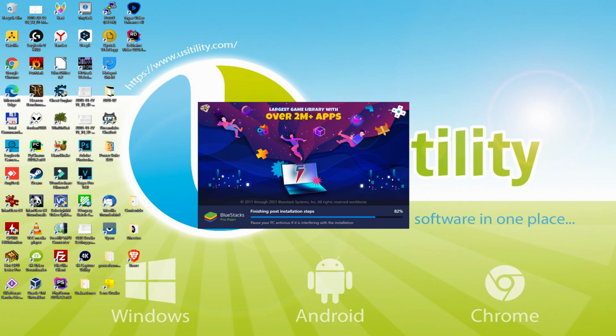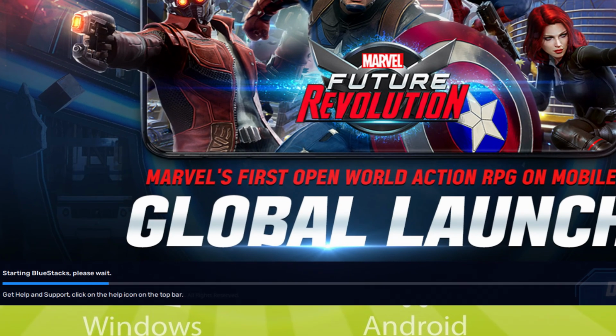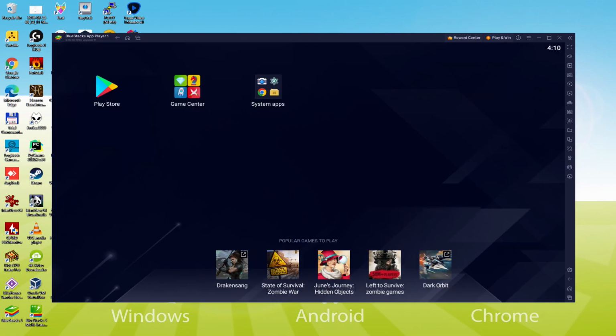The installation has already finished for me. At present, the emulator has been started automatically. As you can see, at the bottom of the screen, there is a progress bar which will move forward to the right, and once it reaches the end, the emulator is launched for the very first time. The emulator has already been started, here for the very first time.